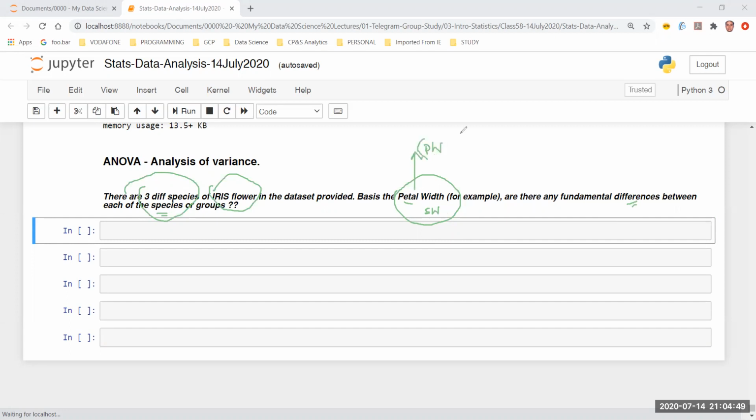Okay, so I have one independent variable, and that one independent variable will be cross-checked against a target, I would like to call this a KPI, a key performance indicator, basis which I'm going to compare them and find the differences or the similarities. There may well be similarity. So this is clearly a one-way ANOVA problem. This is what we are trying to find.